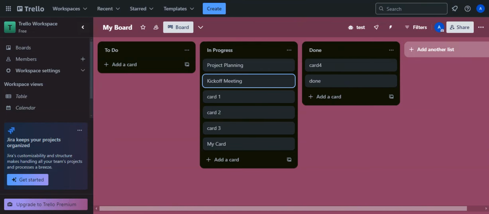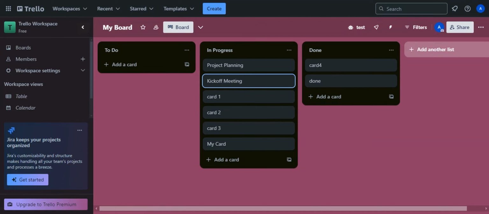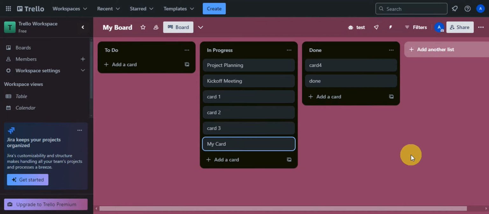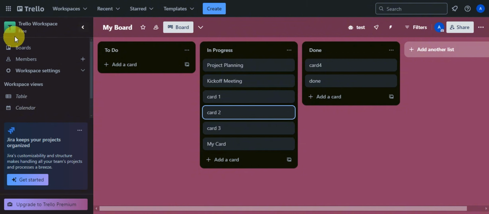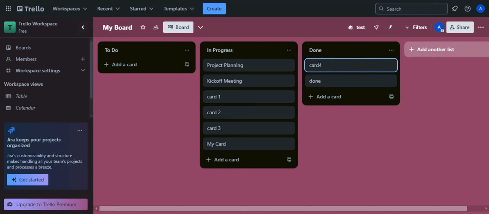In today's video, we'll learn how to delete cards in Trello. So for us to be able to begin, just head on to Trello.com first and log in onto your account. Then choose the workspace and board that you want to work on. Now, you should be able to find the different lists that you have on your board and each card